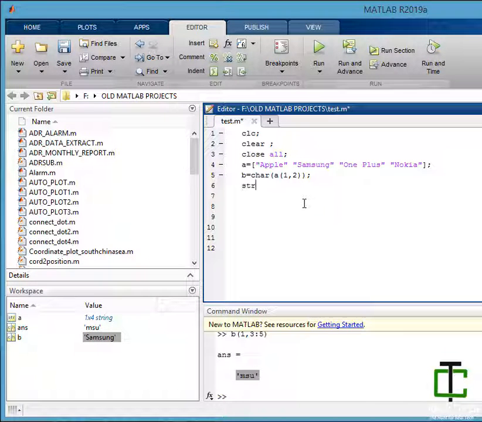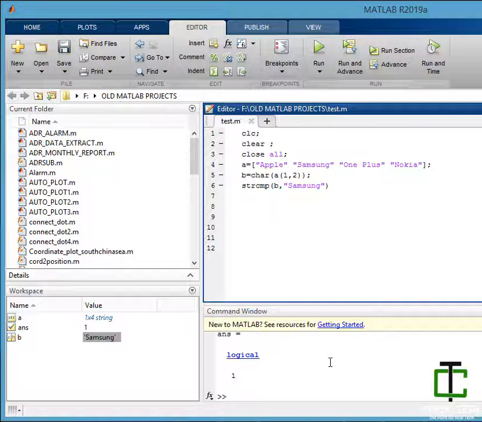Let's say I want to compare two strings. There is a function called string compare, strcmp. Let's say B comma Samsung. Run it. Here you go.